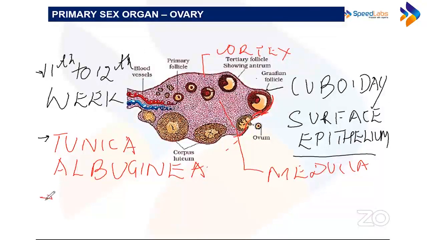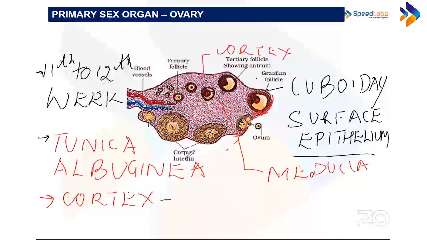Cortex के अंदर, inside the cortex you can see. देखो अब यहाँ ध्यान से देखो, बाहर का जो पोर्शन है, पेरिफेरल पोर्शन, ये है कॉर्टेक्स. So you can see these, ये जो छोटे छोटे फॉलिकल्स हैं, ये प्राइमोर्डियल हैं. Then you have this primary follicle, then you have secondary follicle, tertiary follicle, Graafian follicle. So cortex has follicles. Cortex has various follicles. Cortex में various follicles are present.